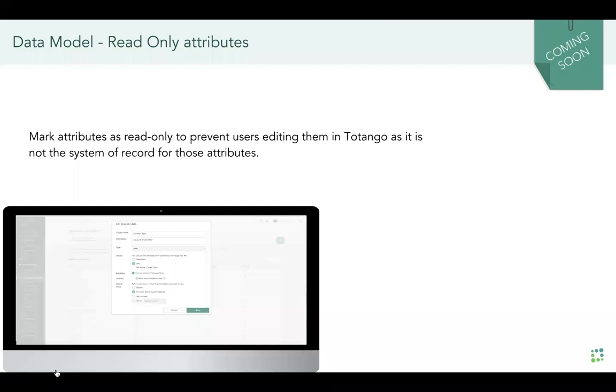In addition, around our data, we would like to make sure that the data that is represented in Totango is always the right one. And if this is data that gets into Totango from an external system, you do not want to give the users the ability to change it. It won't reflect the real value. You want to make sure that this data will be presented as a read-only attribute. So we are now giving you the ability to do so as well.